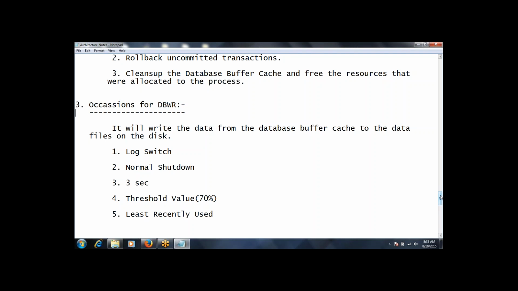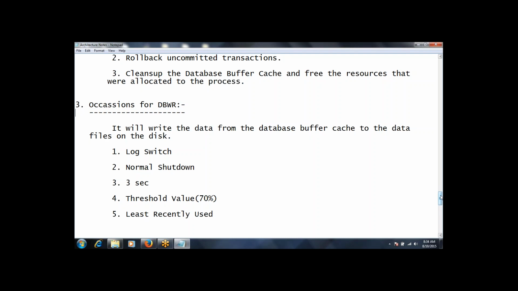So when does it get invoked? Whenever a log switch happens. What is a log switch? We will talk about log switch in redo log file management. As of now, just try to understand: whenever a log switch happens, or whenever a database gets shut down, and for every 3 seconds, and there will be a certain threshold value.